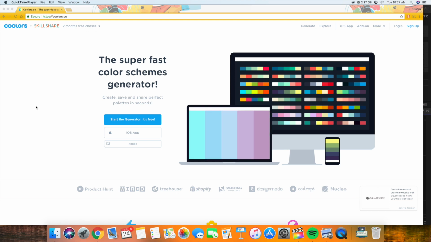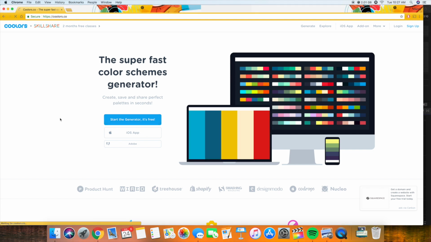I just want to show you how to create a quick color scheme using coolors.co. And I'm here on the home page. You can get to this link from the design exercise. So to begin, we're going to start with the generator button here. It's the blue button, and as I click on this, it's going to take me to the color scheme generation